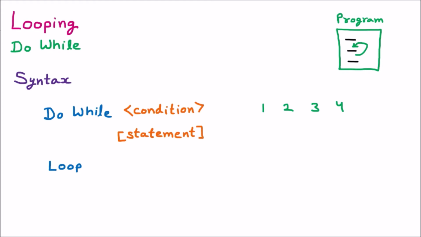If you talk about any of the looping, then there are three things. The first thing is initialization, meaning the very first number from where our loop starts. This is called the initialization. So we take a certain variable and the first value will be the initialization. Let's say here in the syntax of do while loop, we are taking a variable I, and in I we are storing 1. So this 1 is the very first value. This is the initialization.